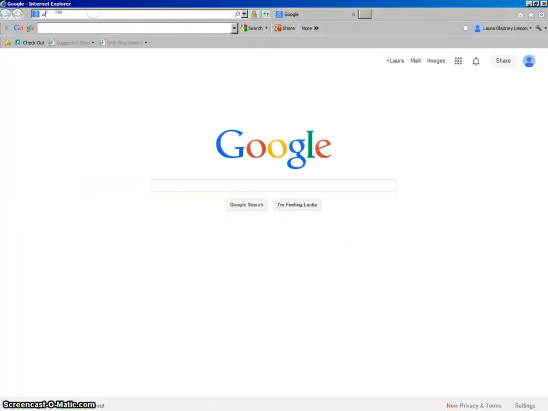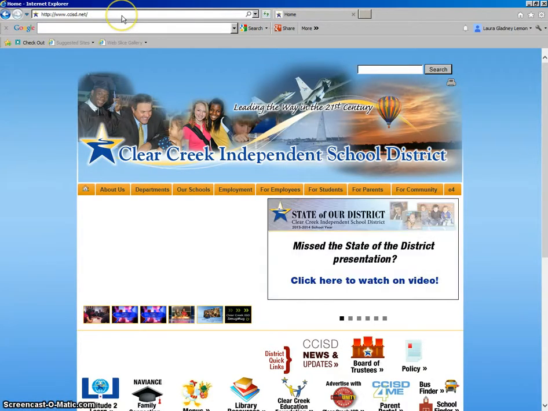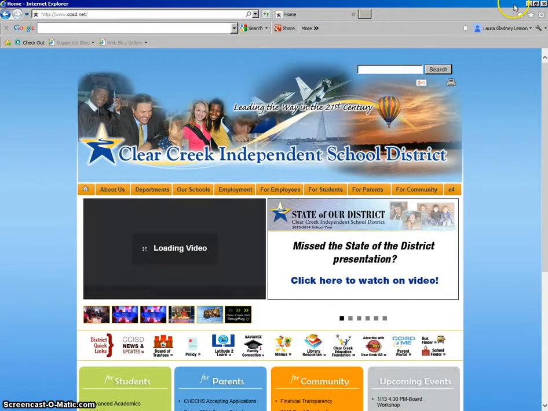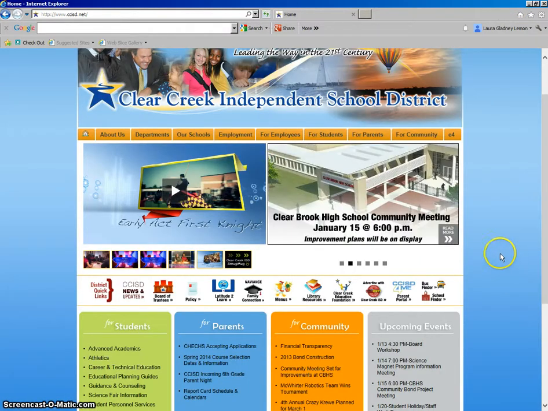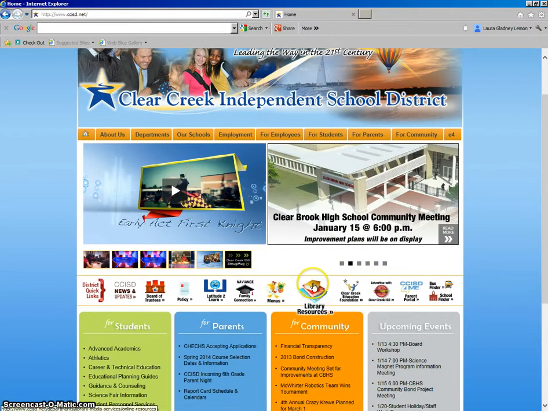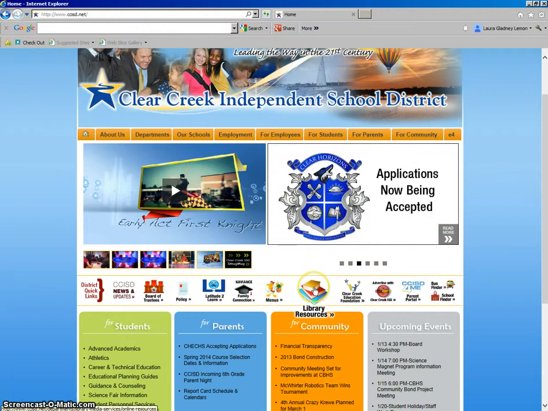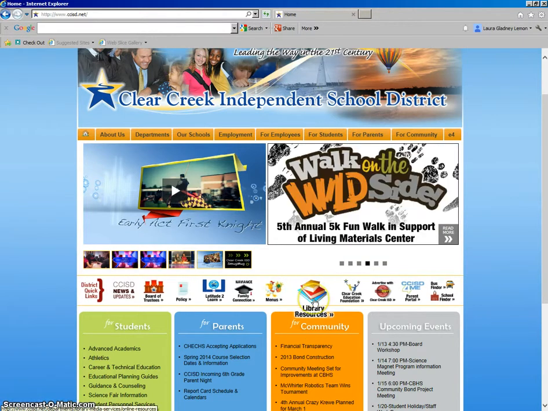And then you're going to go to the CCISD homepage. If you have by chance bookmarked the library catalog, this will be a lot faster. So if you think you're going to do this a lot, you might consider bookmarking the library catalog page straight to your desktop. But if not, if you're going to do it just ever so often, you'll do it this way. You go to ccisd.net, then you click Library Resources,